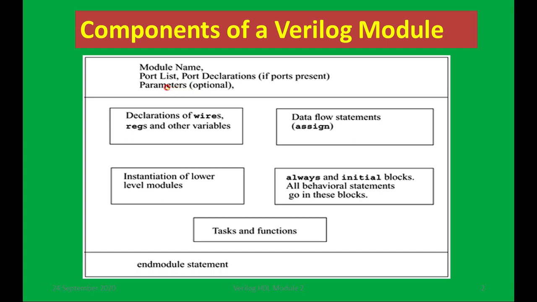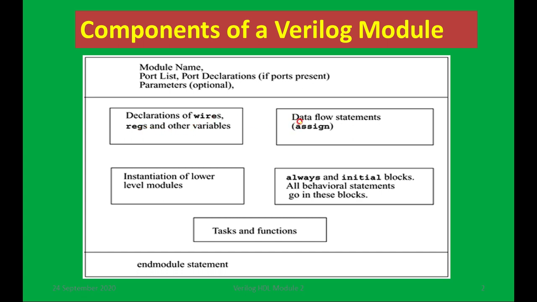They are defined as wires and registers. Then apart from the module declaration, module and name, parameter, port list, we have to declare wires. If any intermediate outputs are there, those need to be defined as wires. Registers and wires we can define, and other variables. Registers generally we define when we want an output port to store a value.